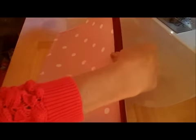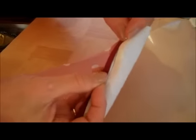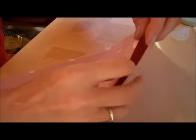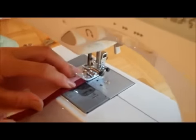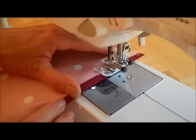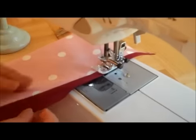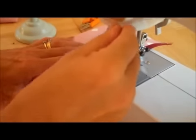When you fold the bias binding back up again, fold it straight over the top, and if you wanted to do it properly, then you could hand stitch so that you don't see any of the stitches on the inside, but for speed, and because I don't think it really matters, I'm going to top stitch again, quite close to the edge. I'm going to back tack the stitches to secure those in place, and then keeping that line straight and about a millimetre from the edge, I'm just top stitching all the way across. Now, you can pin this if you want to,